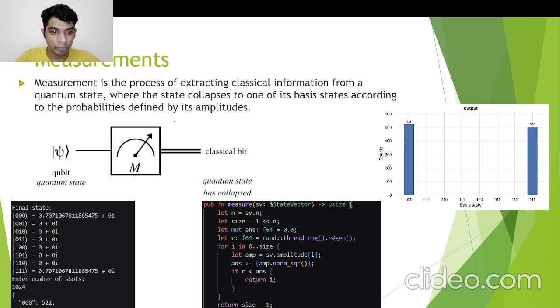It's basically the probability of a state vector appearing in those 1024 shots. This is the implementation of measurement, where the cumulative probability of state vectors existing in the specified states is computed. The probability is calculated using Born's rule, and